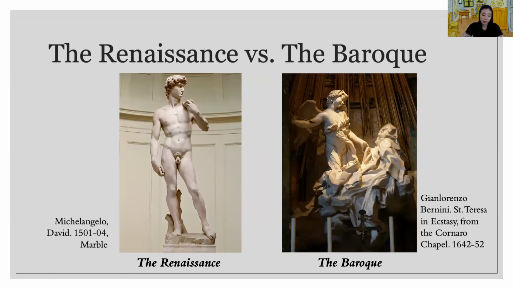And now let's look at the sculptures. The left one is Michelangelo's David statue in the Renaissance era. And the right one is Gian Lorenzo Bernini's Saint Teresa in the Baroque era. Of course, these two sculptures are amazingly beautiful and reach the highest technique in fine art. But the first feeling for these two sculptures is totally different. Can you find the difference between these two styles?